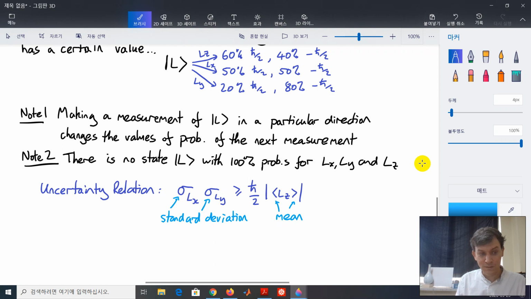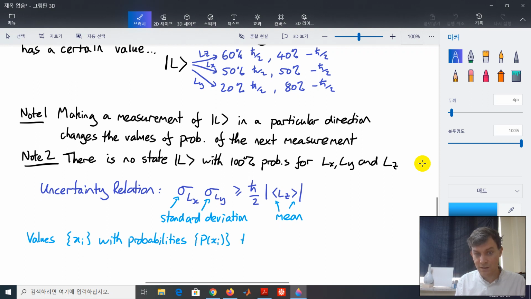Suppose that you take a measurement and suppose you have values from a set xi with probabilities given by p of xi, then the